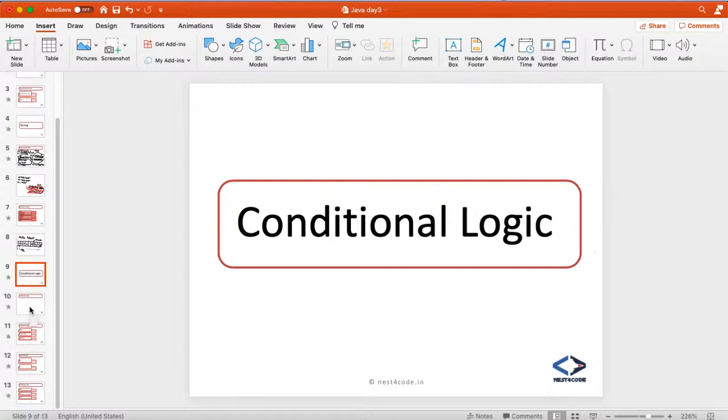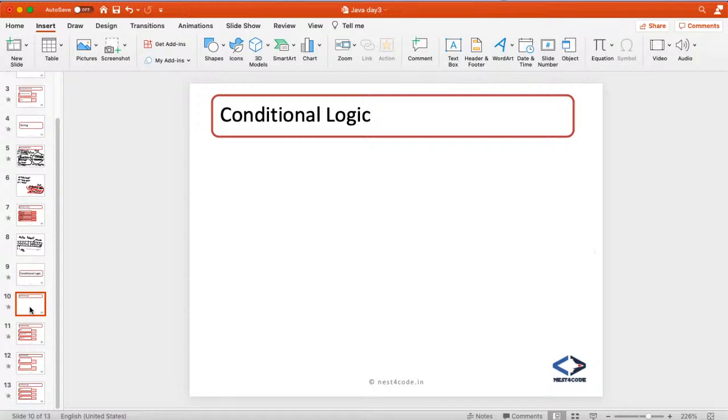Then what should we do in these cases? We make decisions based on conditions. We have already studied Boolean, which gives true or false, which gives us our conditions. But how does conditional logic work? So you will have some condition based on which you will decide. So you can think of it like, let us suppose